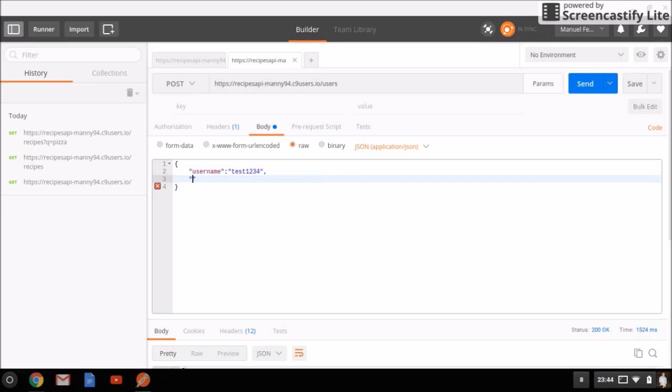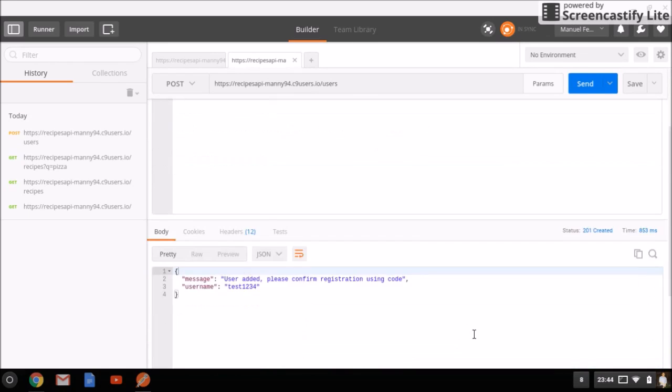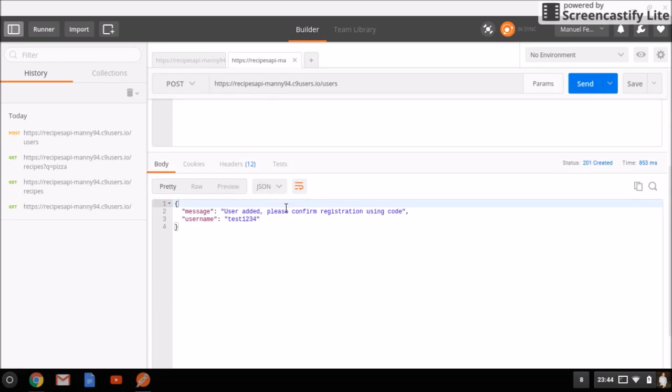I'll just make the same for simplicity. So test1234, and post. I get 201, which means it has been created,